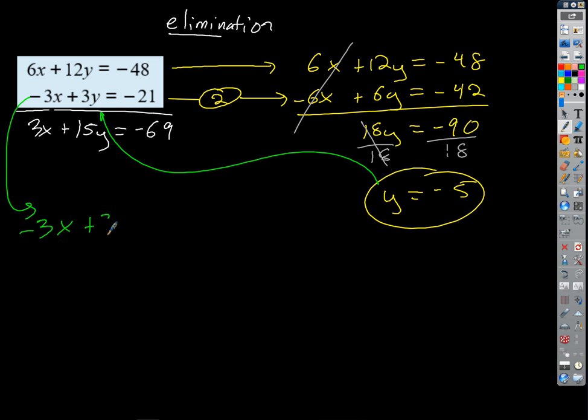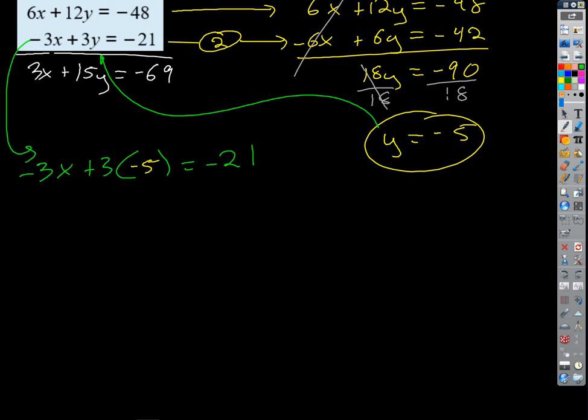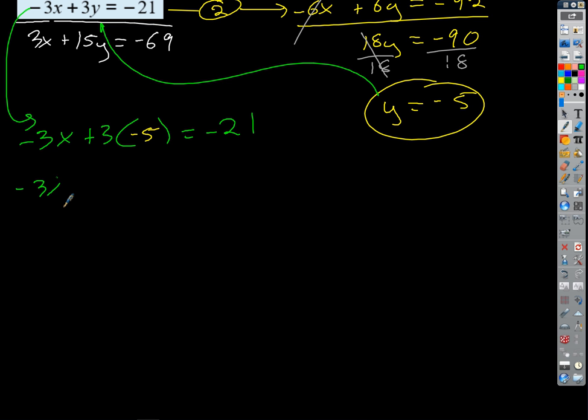negative 3x plus 3 times negative 5, because that's my y value, equals negative 21, right? And that's easy to solve for. Now I've got a single x there, no big deal, right? So how do you cancel out the 2 though, times